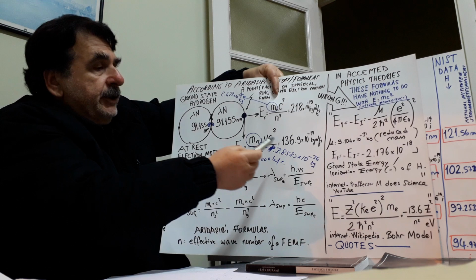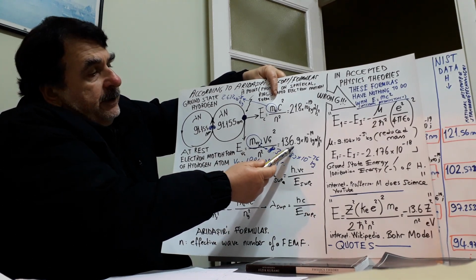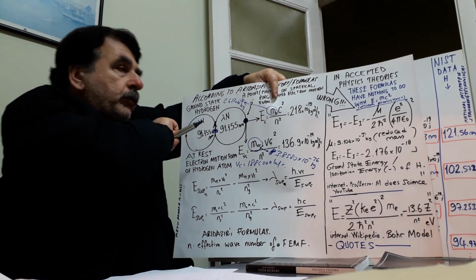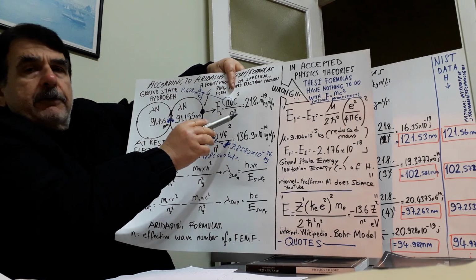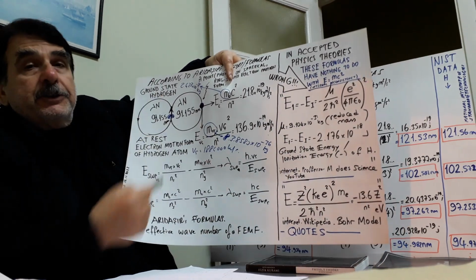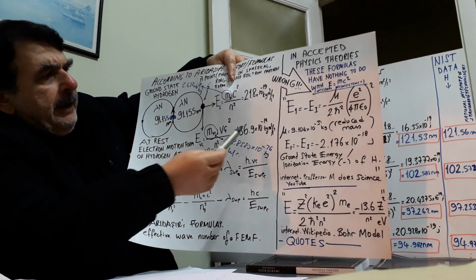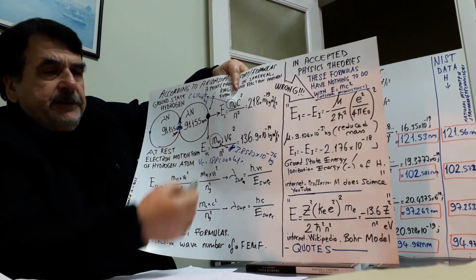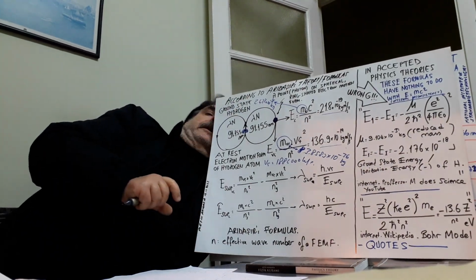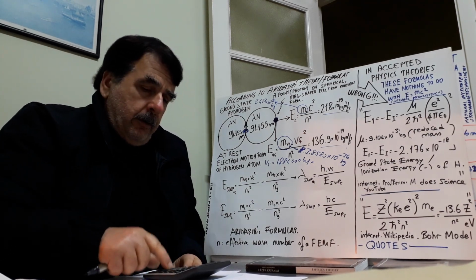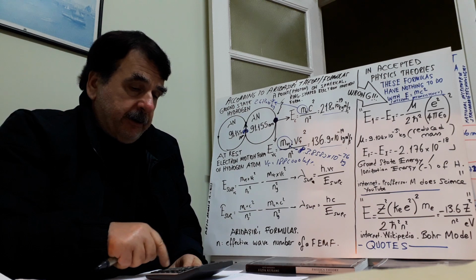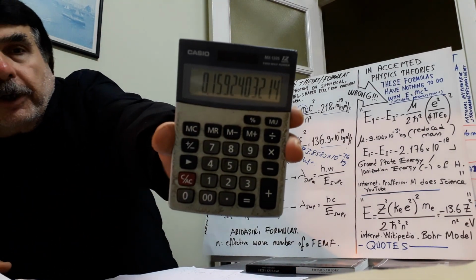Tangential component energy I have computed 136.9 10 to the minus 19 kilogram meter square per second square, and speed of light direction energy, computed with photon mass, different masses, different components, 21.8 10 to the minus 19 joules. Okay? And these two numbers are important. If you divide 21.8 by 136.9, that is 0.152